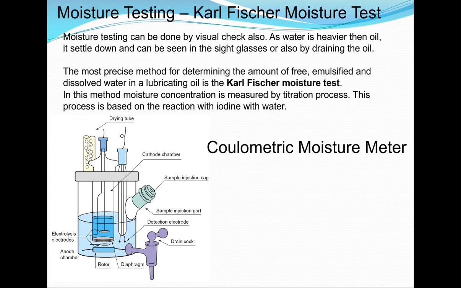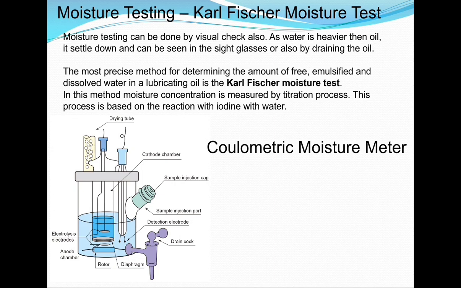The former one, as I said, manually we put some iodine in the solution, then we see when the iodine is totally adjusted by absorbing the moisture, then the reaction stops and it will give us the result. But this may be inaccurate, because there might be some moisture left which is not neutralized or not consumed by the iodine. So in the colorimetric moisture meter nowadays we are using the agent which produces the iodine, and